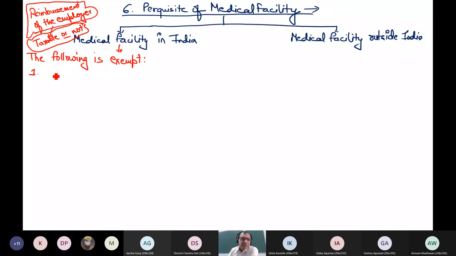First, if this medical facility is availed in a hospital maintained by the employer, if it is the employer's own hospital,